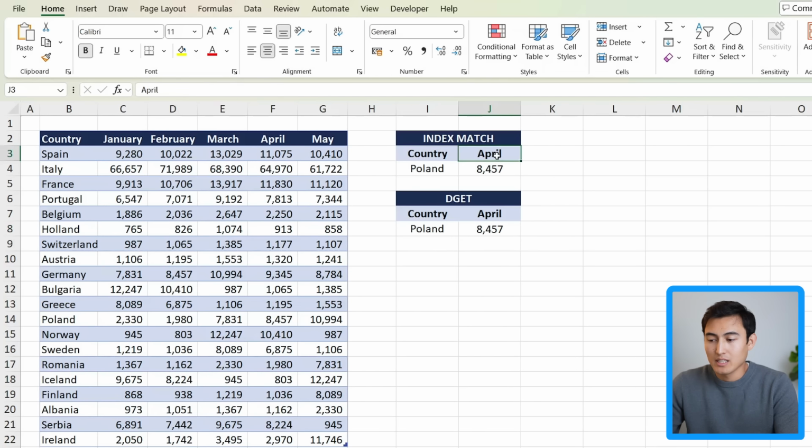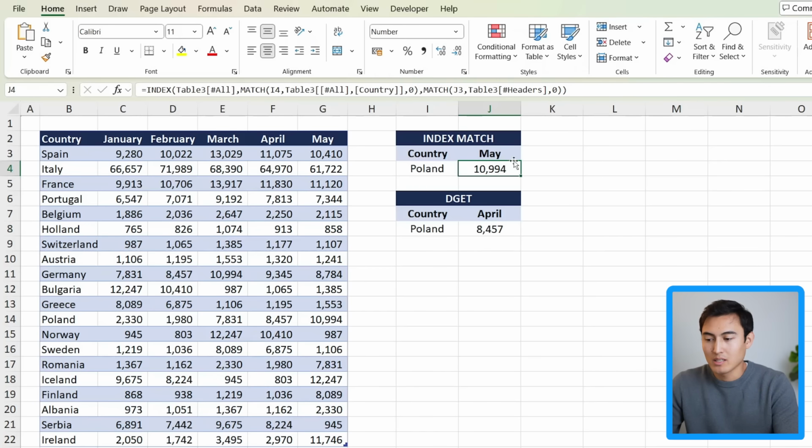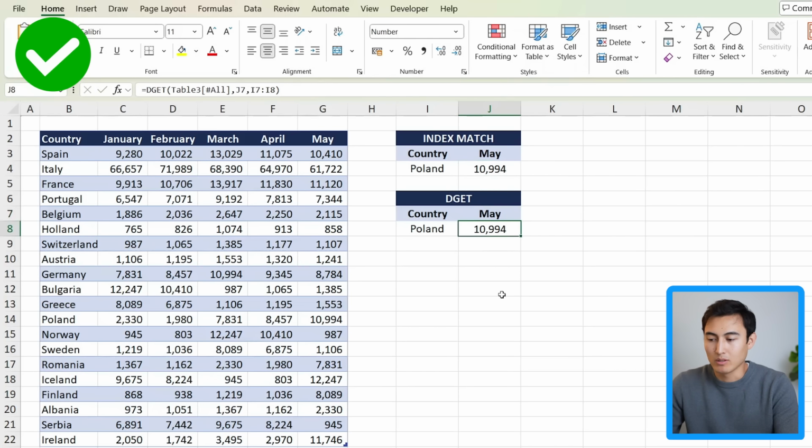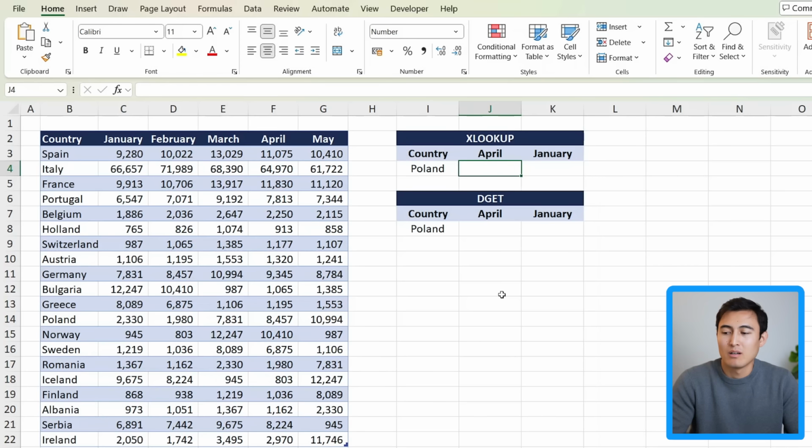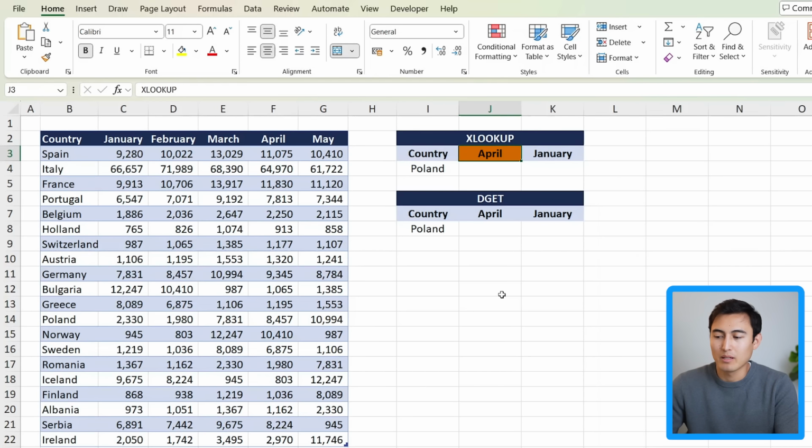Because we use the index match, we can now change the month and it's dynamically updating, but we can say the exact same thing about the DGET function. The DGET function looks quite promising so far, but let's take it up a level and compare it to the XLOOKUP. Over here is the file we're working with,